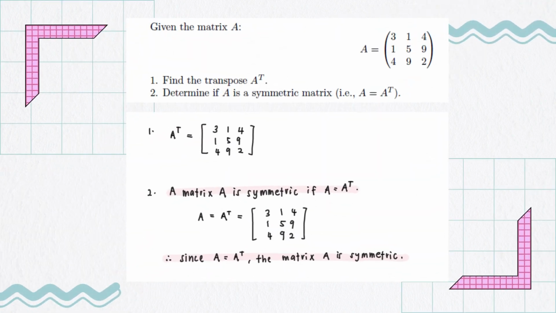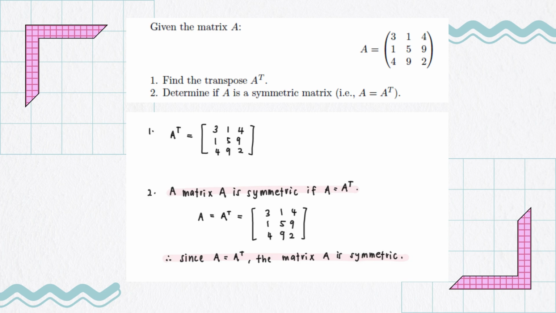Matrix A, which is 3, 1, 4, 1, 5, 9, 4, 9, 2. The first subquestion: we need to find the transpose of matrix A. The transpose of a matrix is found by interchanging rows into columns or columns into rows. The transpose of the matrix is denoted by using the letter T in the subscript of the given matrix. For example, in this case, the given matrix is A, then the transpose of the A matrix is represented by